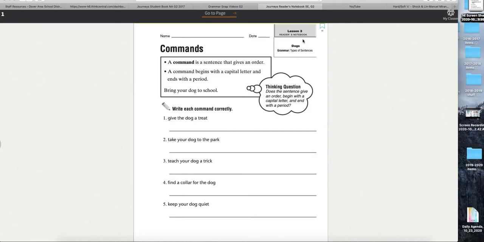I'm going to kind of zoom around here. See how we're doing? Make sure all your words end up on the line, please. Words don't need to float in the air. The line is there to help keep them down on the ground. Give the dog a treat. Period. Thank you.